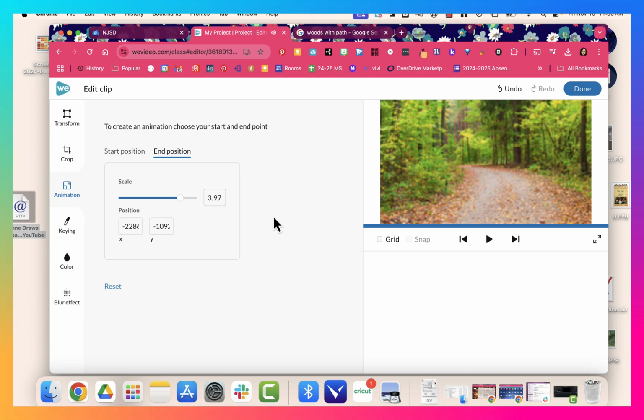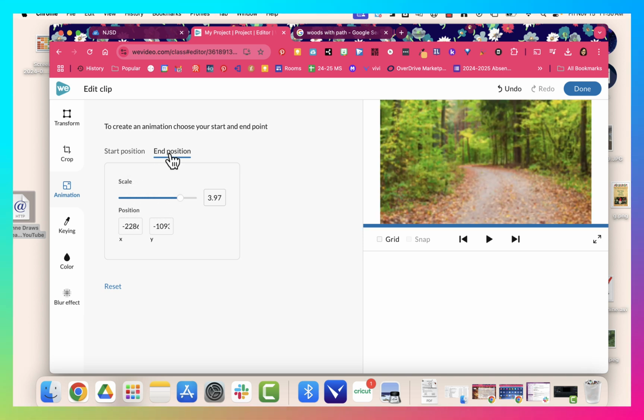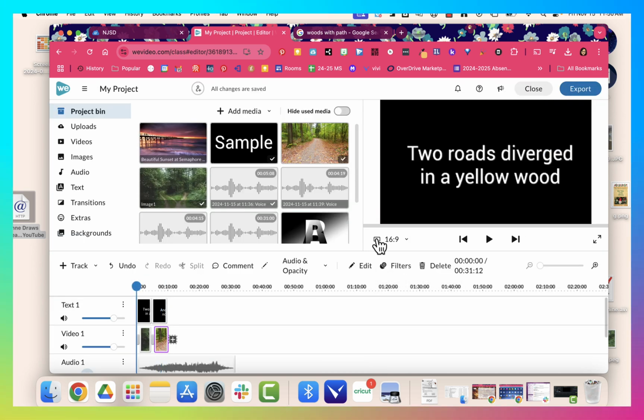So do you see how now it actually looks like I'm walking down the road, even though it's still just a still image? So again, how I did that, I double clicked on the clip in my timeline, and then I clicked on animation. I tell it where I want my start position to be. I wanted it just exactly where it was, but I could slide this, and then my end position. When I'm done, I hit done, and now